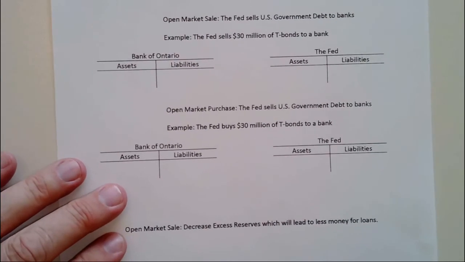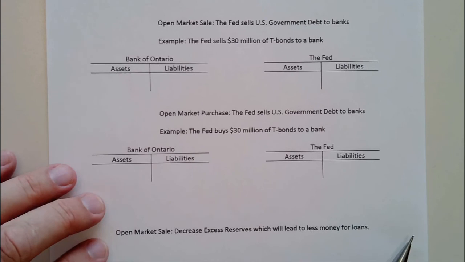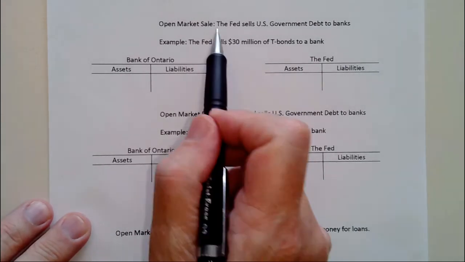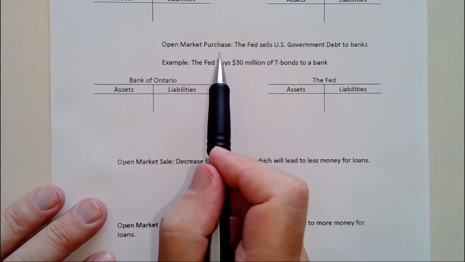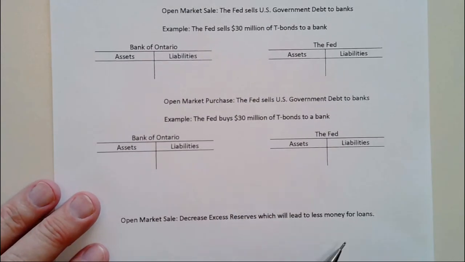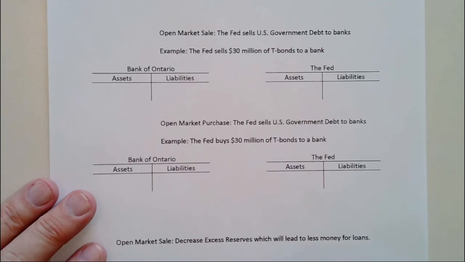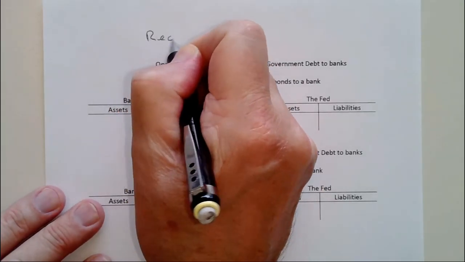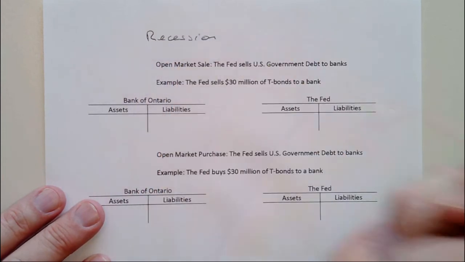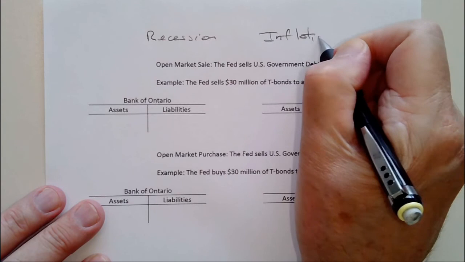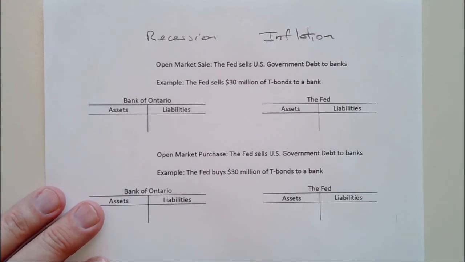So when the Fed does open market operations, they have 2 choices. They can do what's known as an open market sale or an open market purchase. And which one they pick is based on what they're trying to do, if they're trying to drive rates up or down. So really the Fed is worried about 2 things. It's going to be the recession, which is their concern now, or inflation, which is where their concern was prior to the corona.